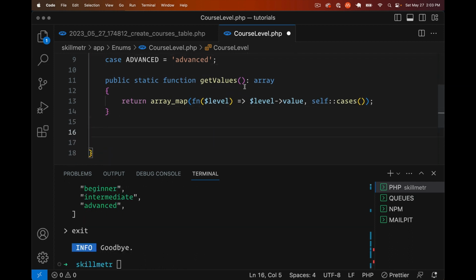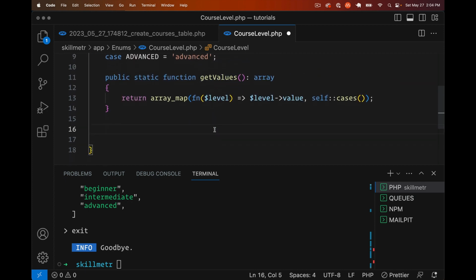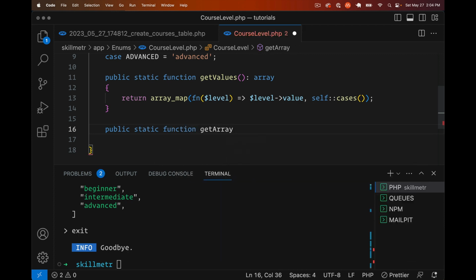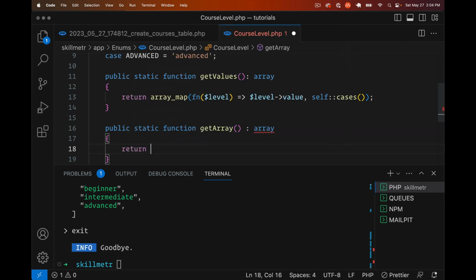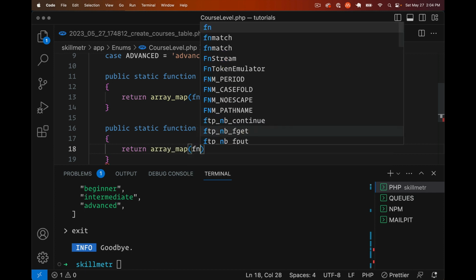Let's also create one that returns both the key and the value pair of the cases. So we want to get a key-value pair that returns the name of the enum case as well as a value for it. So public static function getArray, and in this case we want to return array_map, again similar to what we've done up at the top, and that will